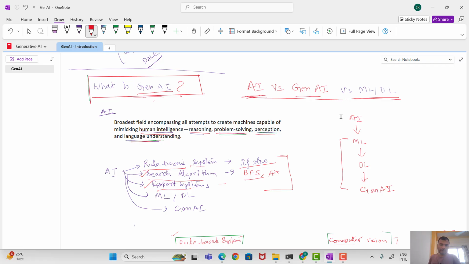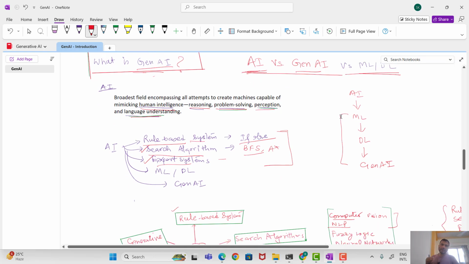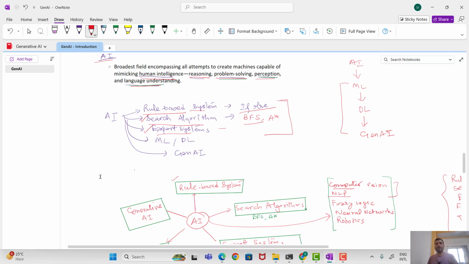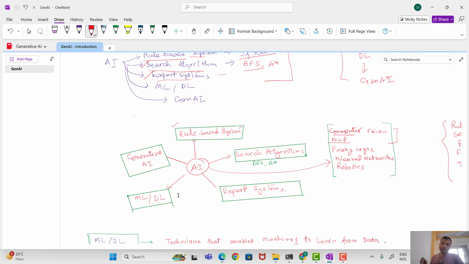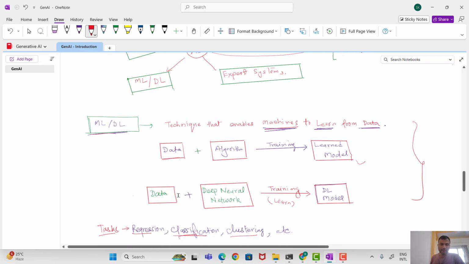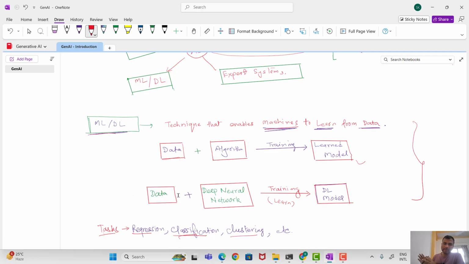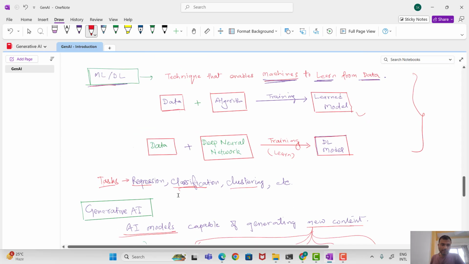So let's look at what we are going to cover today. We'll try to understand what is artificial intelligence, and we'll try to understand some approaches to achieve artificial intelligence before the machine learning and deep learning era. So here I have collected some approaches. There are more approaches to achieve artificial intelligence that were being used earlier to ML and DL. So we'll move to the machine learning and deep learning. We'll see how this ML and DL approach works, and then we will move to generative AI.